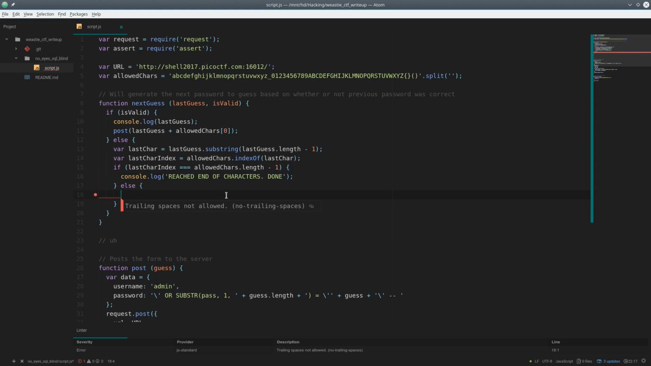Otherwise, we're going to make another guess, but replace the last letter with the next letter to go. To do that, we'll make another post, and we will post our last guess, and then take the substring. So we'll take our last guess up to the last letter, basically everything but the last. So if we had hello, we're going to take off the O,